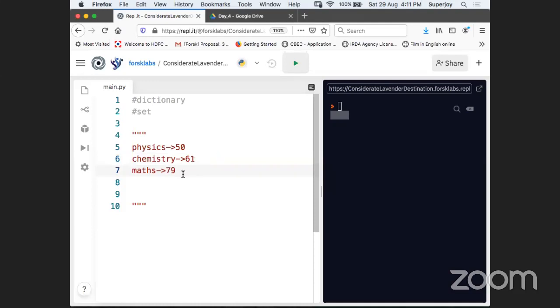So now, guys, you can see that a student has appeared in 3 exams, and this is the report card. In physics, he or she got 50. In chemistry, 61. In maths, 79. So this is the statement.